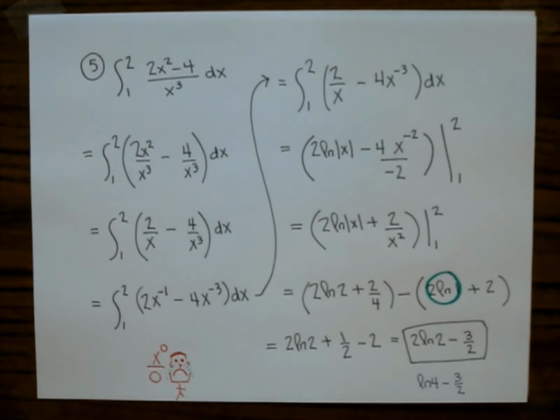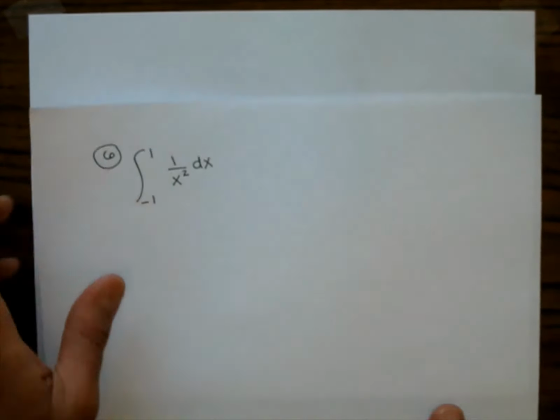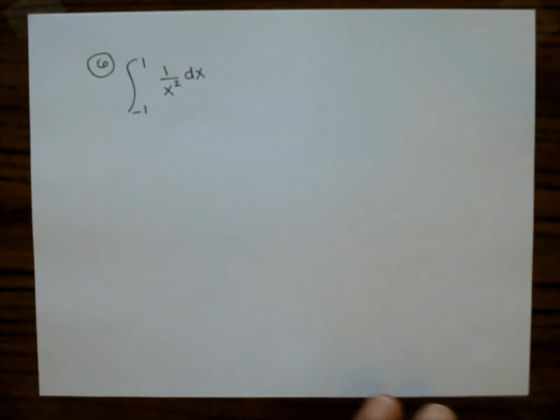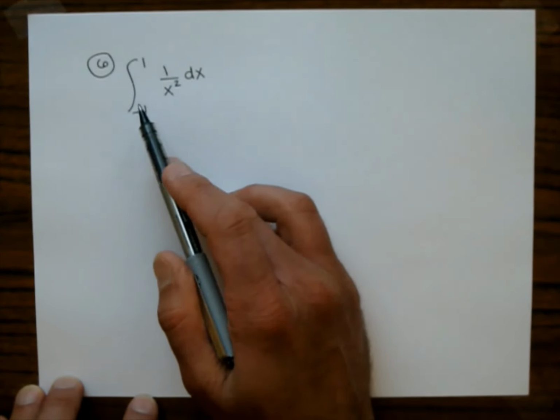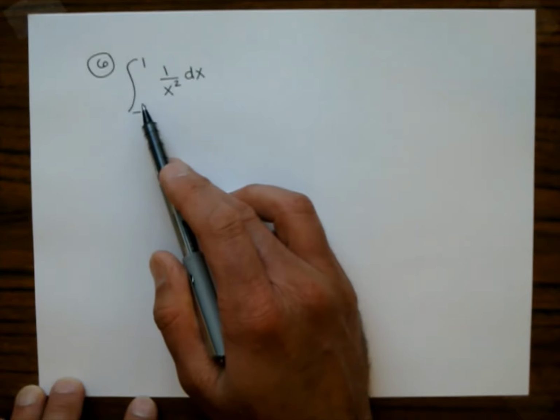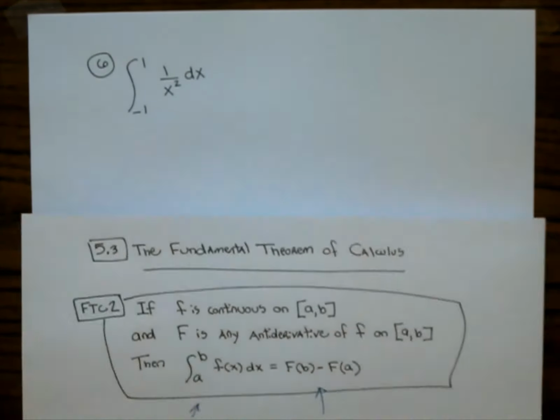I think we should do a few more of these, and then we have to get to the other part of the fundamental theorem of calculus, which is actually part 1. If you remember, every time we do a problem like this, this is the fundamental theorem of calculus, and our book calls it part 2. Now, the fundamental theorem of calculus kind of brings this up to the point. It says,